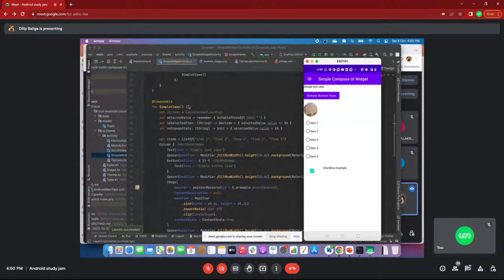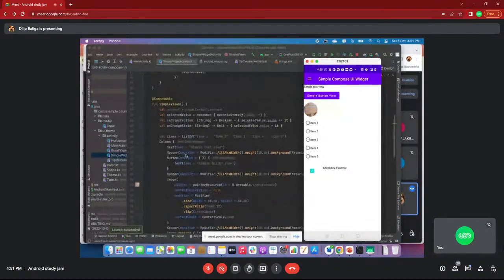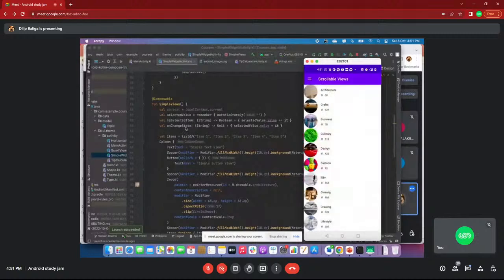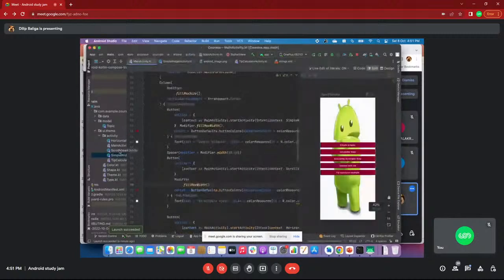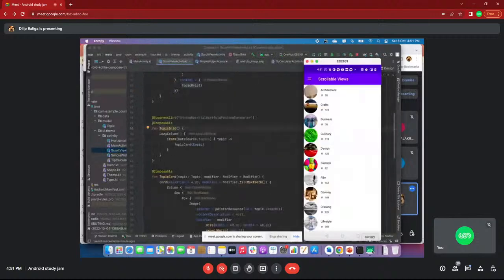like this: create some simple function with the @Composable annotation, do the modification and experiment, so that you will get to know it better. So basically those are the widgets. Next we'll move on to scroll views. I already mentioned scroll views: to scroll vertically, Compose provides